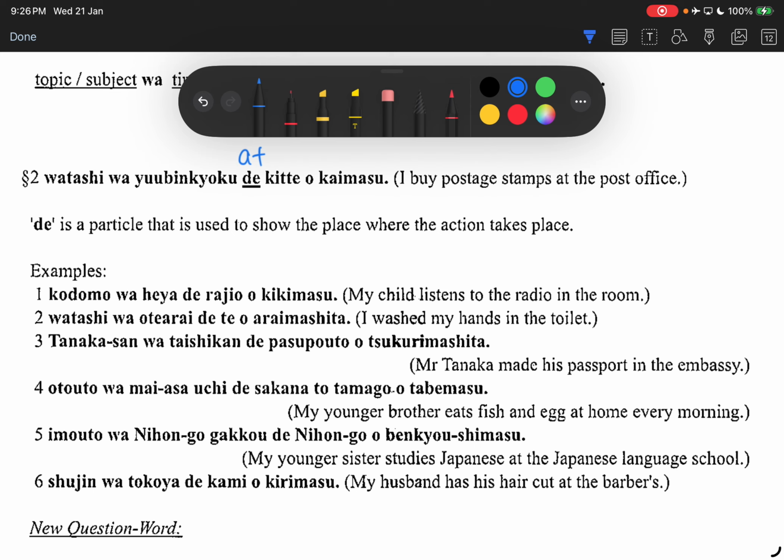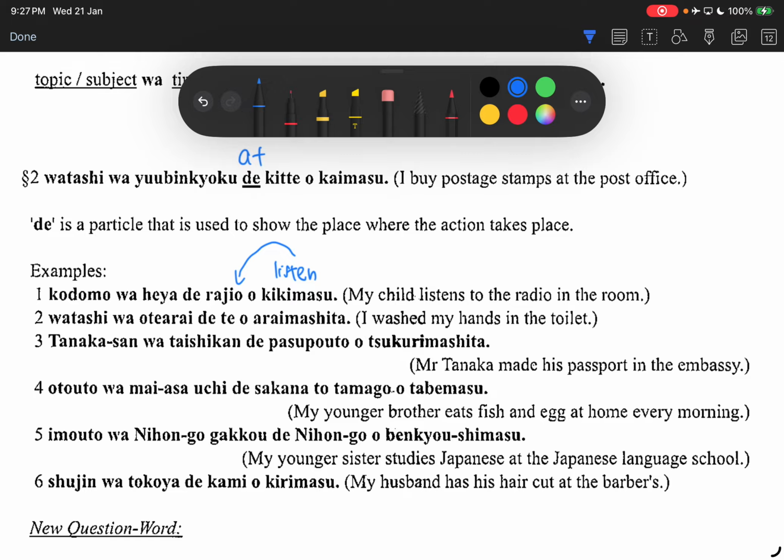The example, number 1. 子供は部屋でラジオを聞きます。聞きます means listen. So ラジオを聞きます means listen to the radio, like how you interact with the radio. So where does he listen to the radio? At 部屋, in the room. Of course we say in the room, but we can also say at the room, listen to radio. It's the place that it's happening. So 部屋でラジオを聞きます。